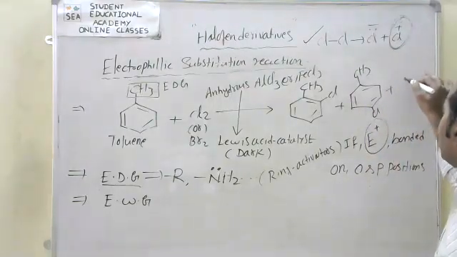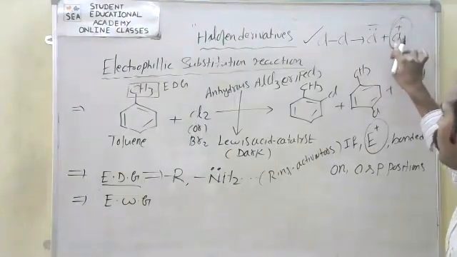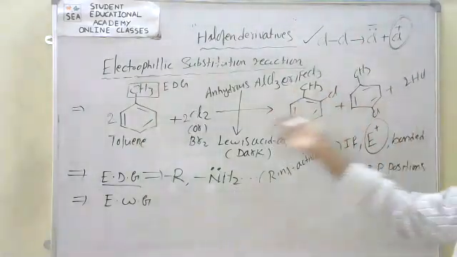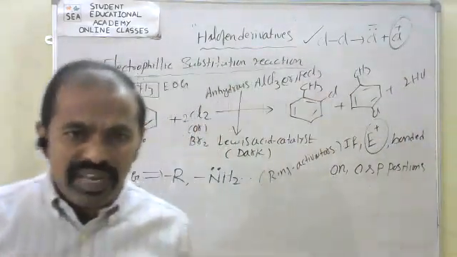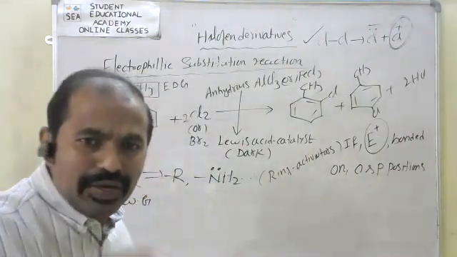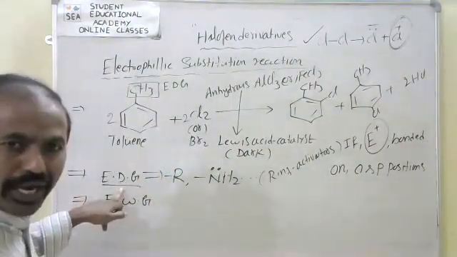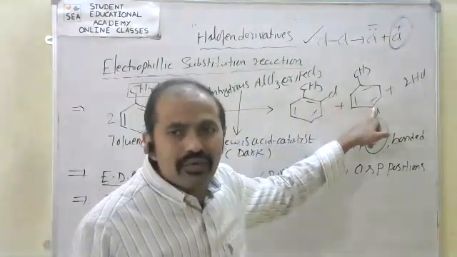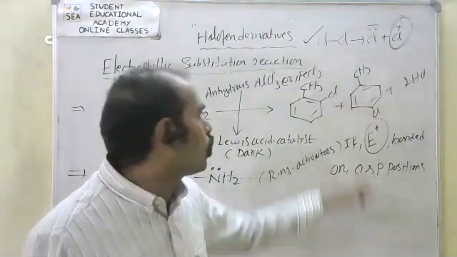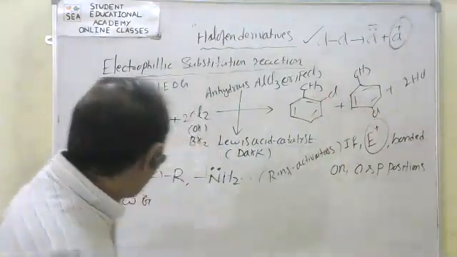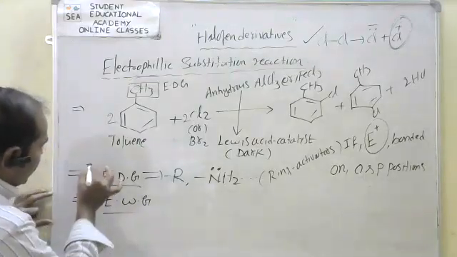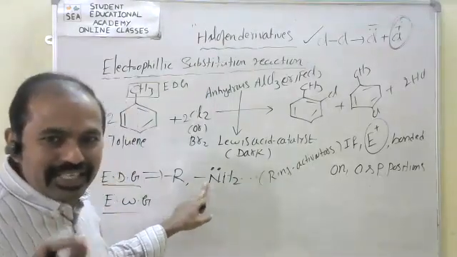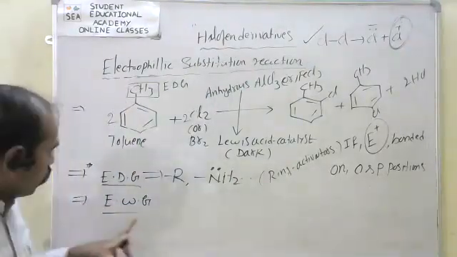The byproduct here is HCl. Only one electrophile is needed; we balance the equation accordingly. The reaction mechanism is the same, there is no difference. Because of this electron donating group, two products form, one at ortho and the other at para: ortho chlorotoluene and para chlorotoluene. This is according to this concept. I will explain why ortho and para, and why not meta, using resonance, in the next continuation.